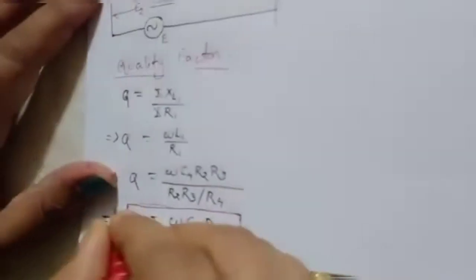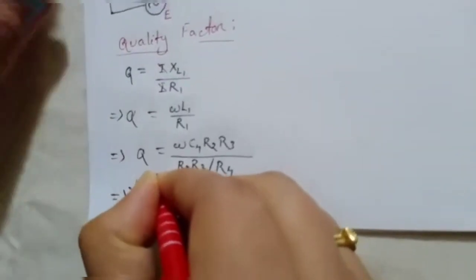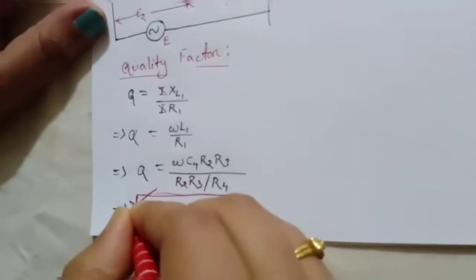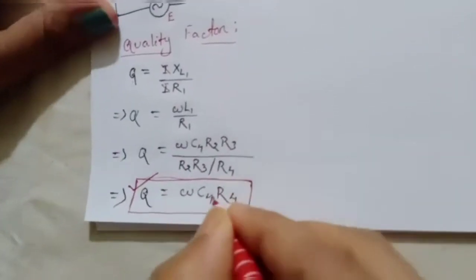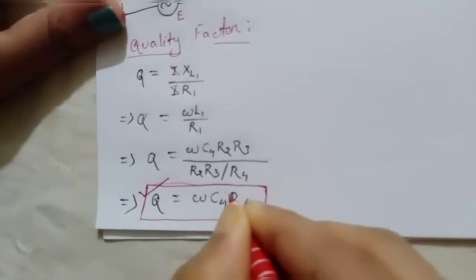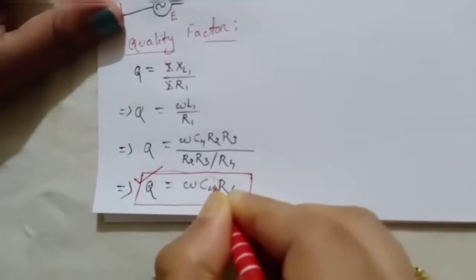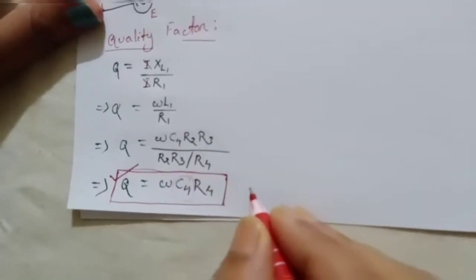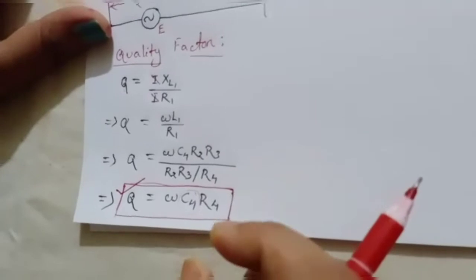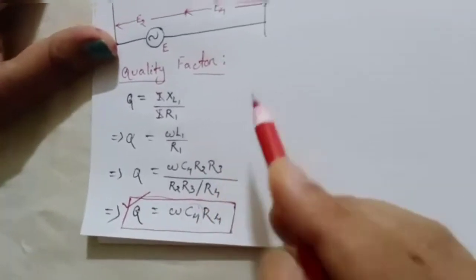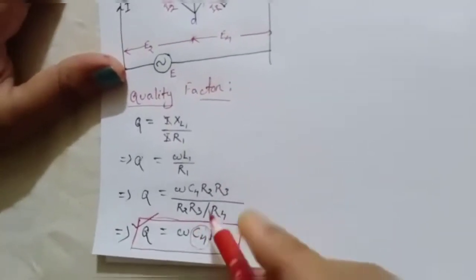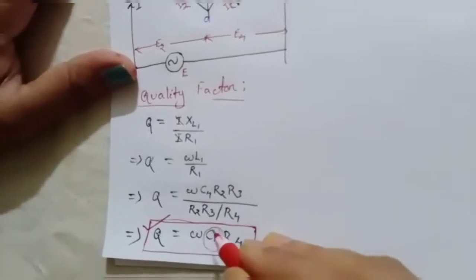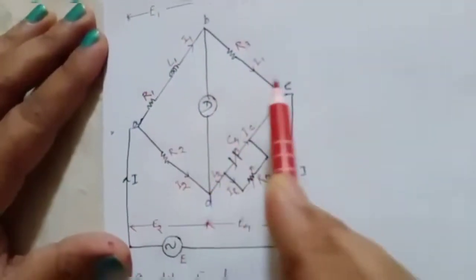So here we can see, if I need a high Q value coil, the value of C4 must be higher, which must be bulky. A higher value of C4 capacitor means it is too bulky. So in this case, if we take a higher value of capacitor, that size may be bigger than this entire circuit size.